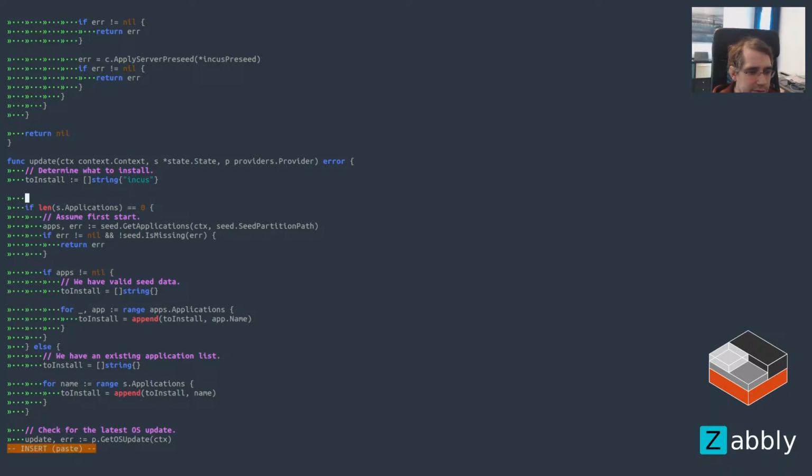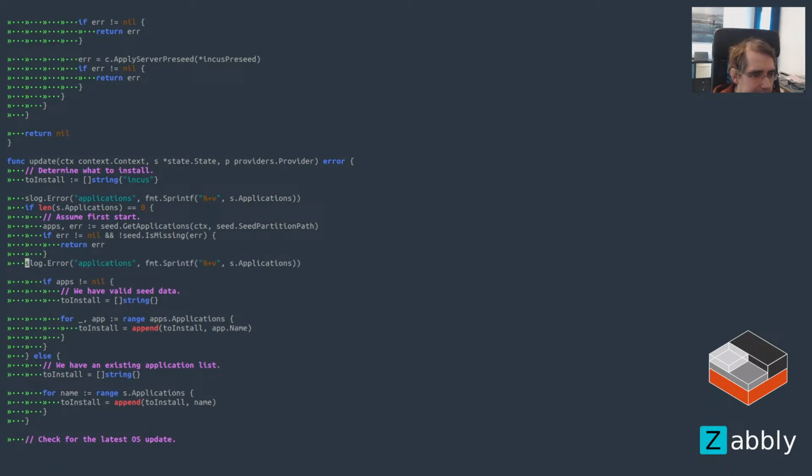Let's just add some debugging. So slog.error. I don't know if I need to format that or not with slog, so let's just do the formatting anyways. And then that will tell us whether there's anything there. And then dumps the actual seed data. Okay,